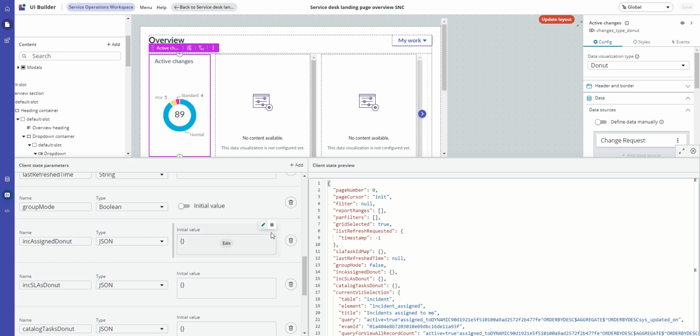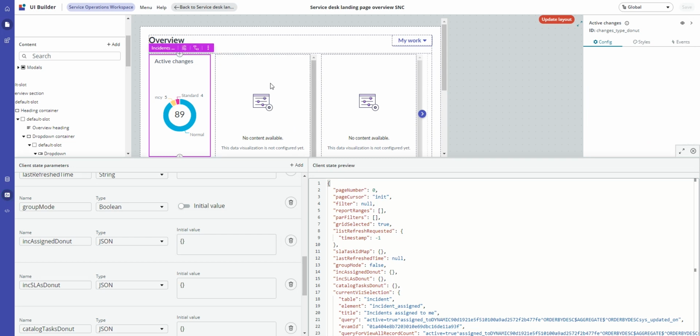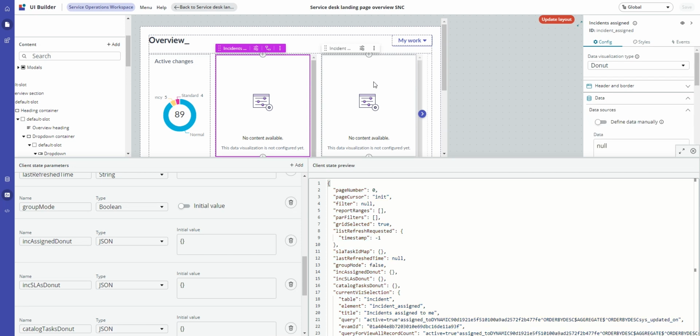It will then go and get the data for the incidents in most of the incident visualizations, or 2 out of 3 anyway, for your groups or any of the groups that you're in, and not just your own. So in order to get that working,